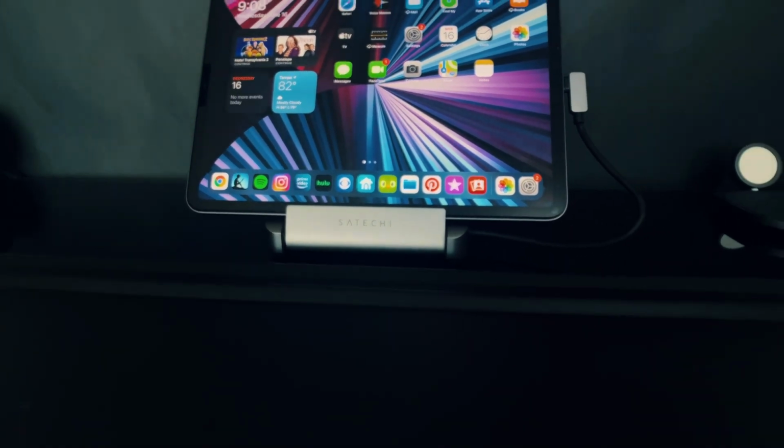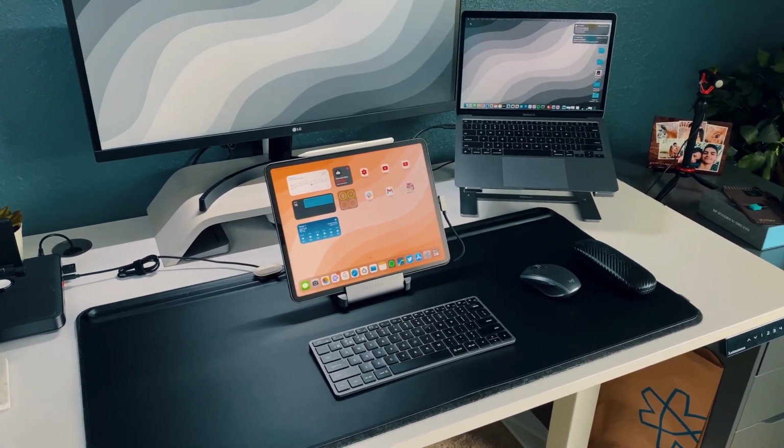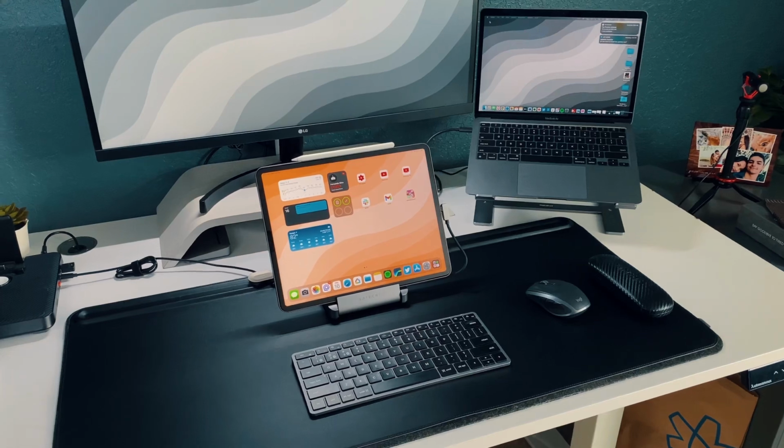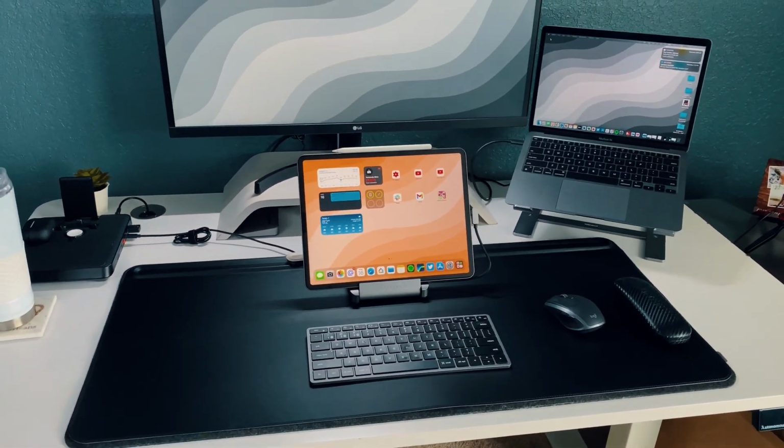And it's kind of crazy, right? And it fits with the 11-inch and the 12.9-inch iPad Pro. And yes, the iPad Air 4, like I keep mentioning, it will work with the iPad Air 4 with no issues whatsoever. One thing that's a little bit iffy is that once you do get into that stand mode,